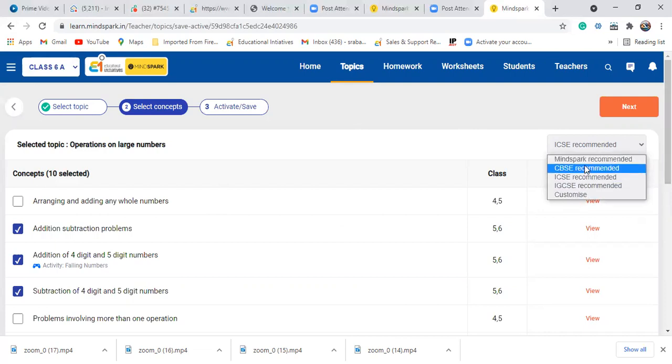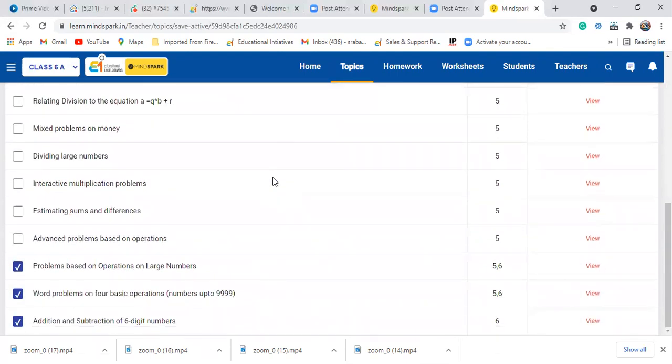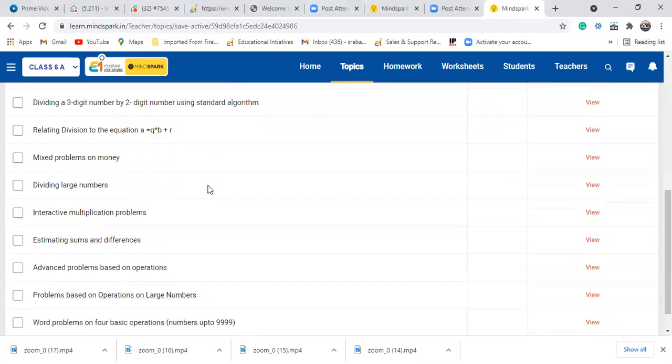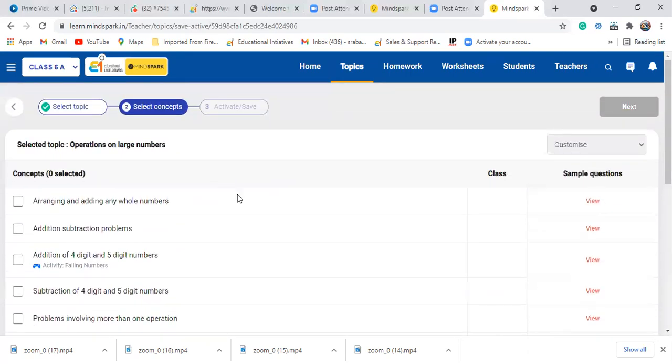Similarly, for CBSE, this will happen. If you click on CBSE, only those topics will be highlighted which, according to CBSE, are applicable for grade 6. But we always suggest go for customization. If you customize, nothing will be highlighted, it is your choice.